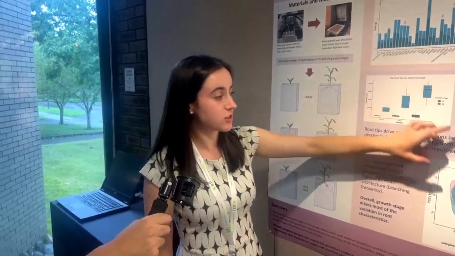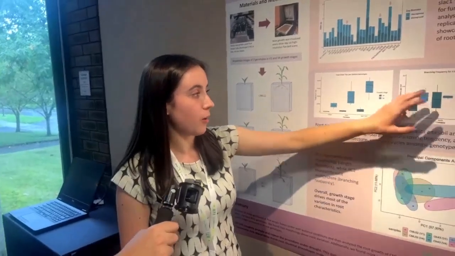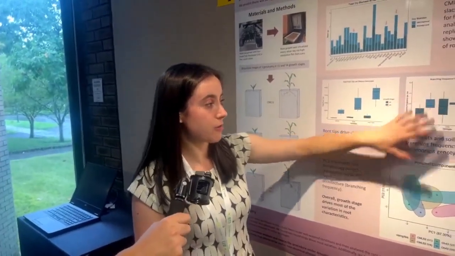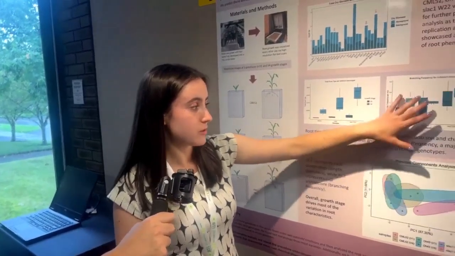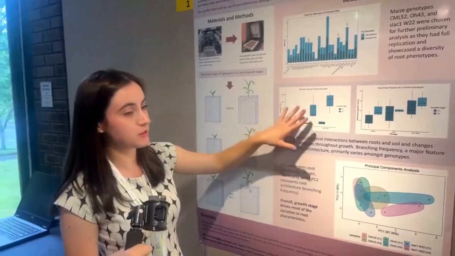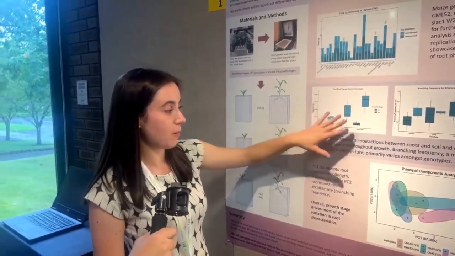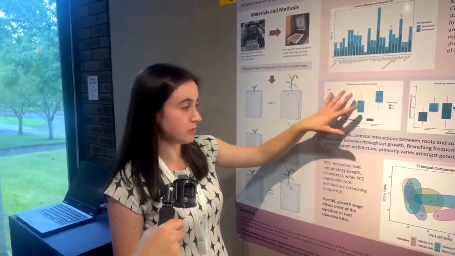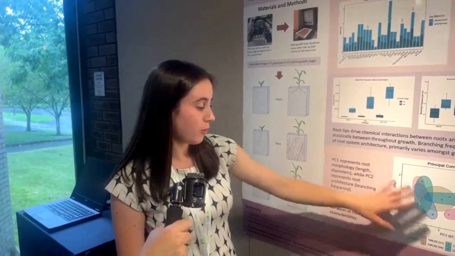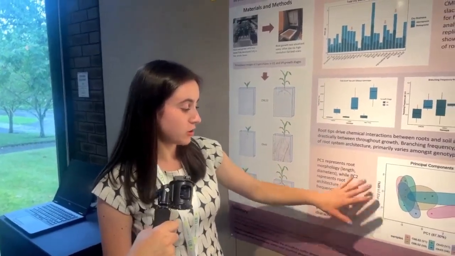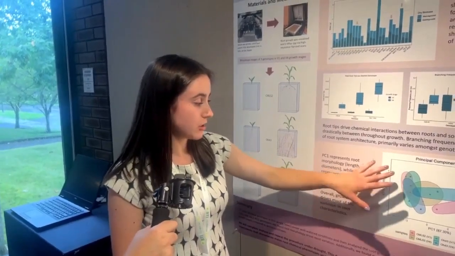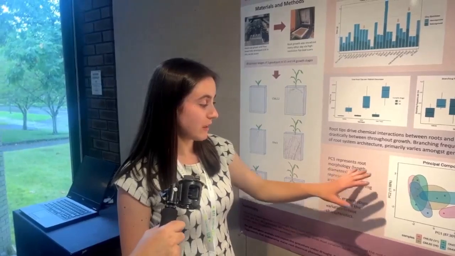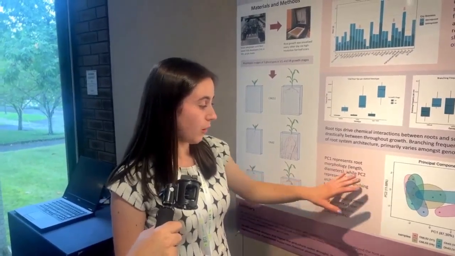Whereas other features such as branching frequency remained relatively the same throughout growth, and differences were more dependent on what genotype it was. And root tips is important for determining how many chemical interactions are occurring between the roots and soil. And overall, we found that the growth stage drove most of the variation in root characteristics, with most of the variation being explained by differences in root length and diameter, while differences in root architecture, such as branching